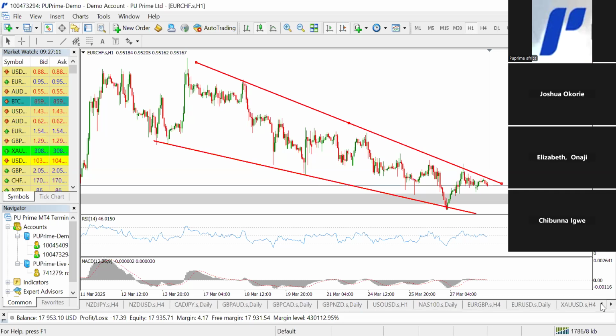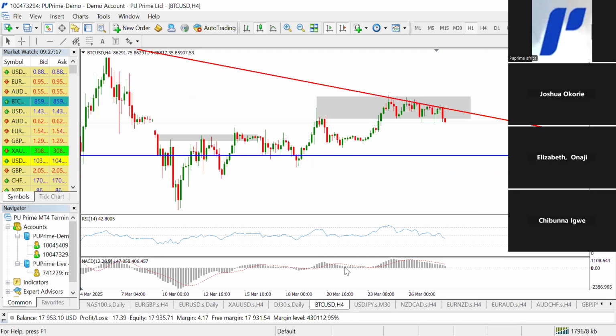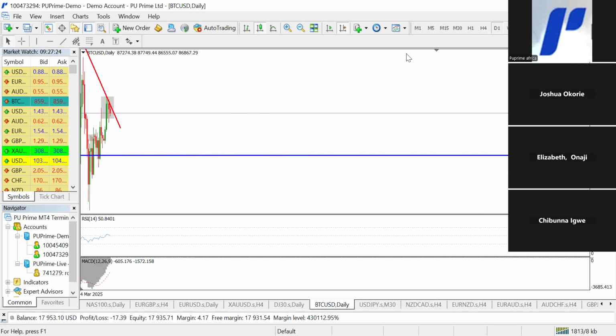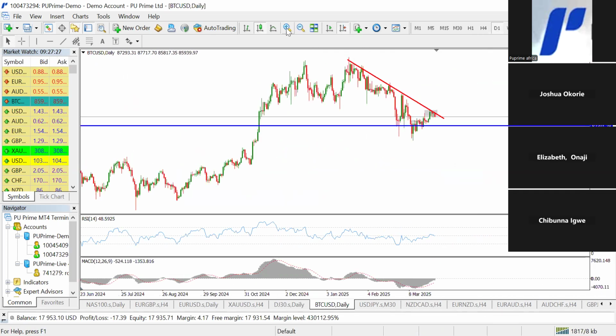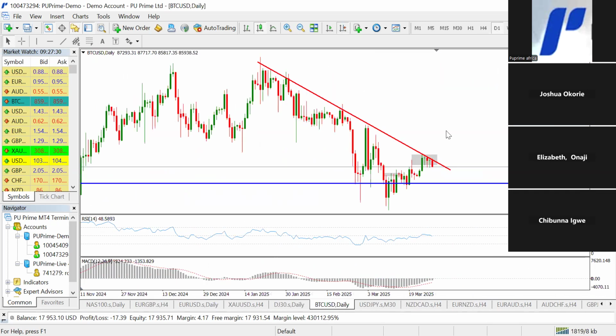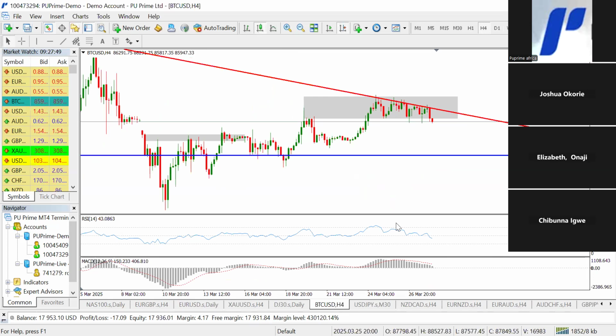And finally, I'm looking at the BTC USD. I remember giving us an analysis on BTC maybe yesterday or 2 days ago, I can't remember. And I said I was bearish, and I still maintain that bearish outlook on the BTC USD. Because from the daily time frame, we can see we have a descending trend line, lower high, lower high. The third lower high right here, but then there's also a range. Price has been ranging around that zone, and currently the price has broken out downwards.